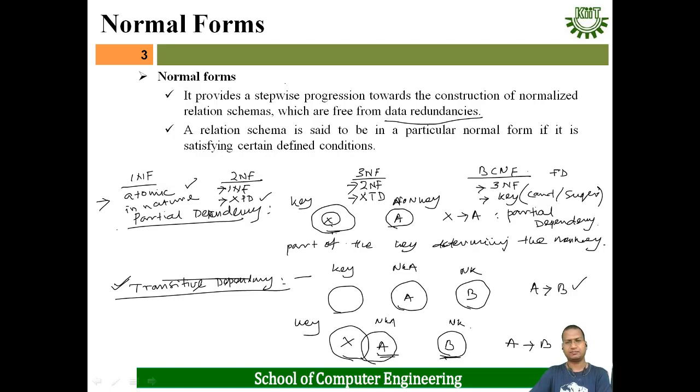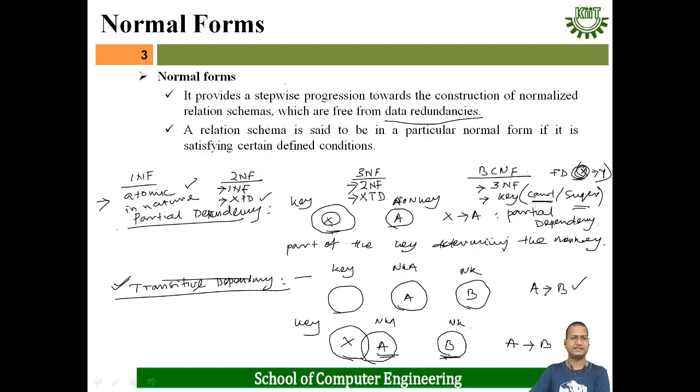Suppose X determining Y is a functional dependency; the determinant, the left side part X, should be a candidate key or super key. Then, if the table is in 3NF, we can call the table BCNF. These are the 4 kinds of normal forms we will see in this chapter.